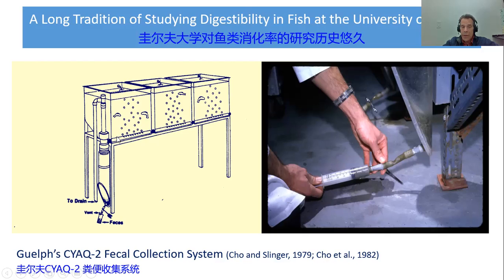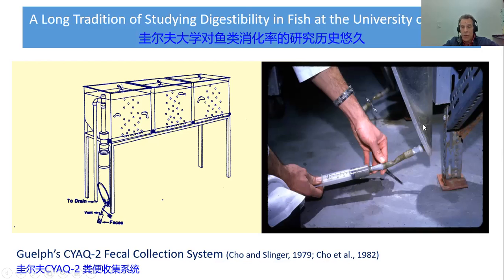The feces get carried and they arrive to this area where the volume increases, so the speed of the current drops. The flow rate is the same, but the speed of the current drops, and the feces that are heavier than the water tend to settle in this undisturbed water area. The water flows out at the standpipe, so the feces settle here, and you can collect them at the bottom of this cone-shaped part, with a syringe or bottle or whatever contraption that you have. So you have the fecal material very effectively collected. You can collect a large proportion of the feces produced by the animal.